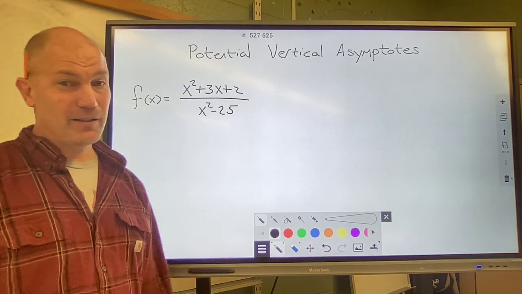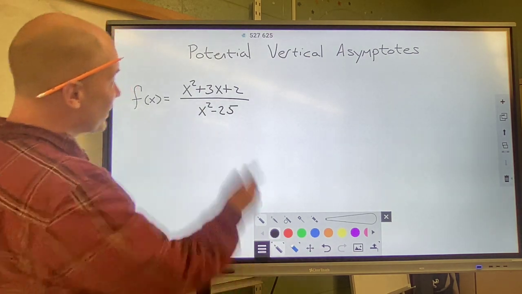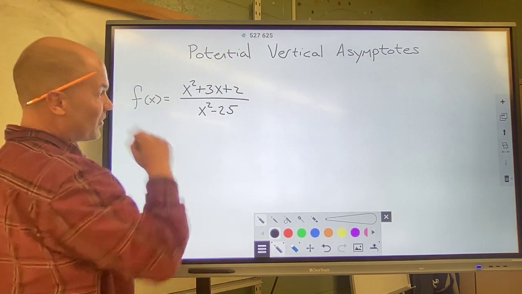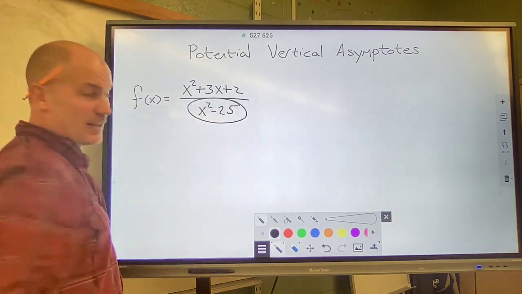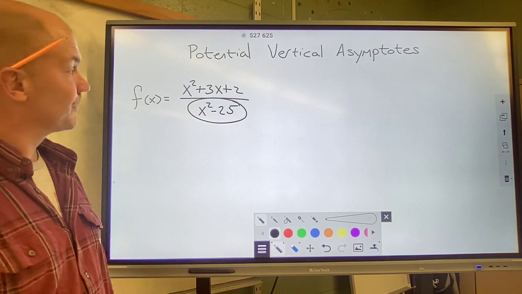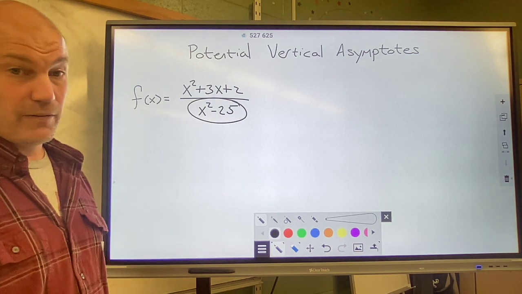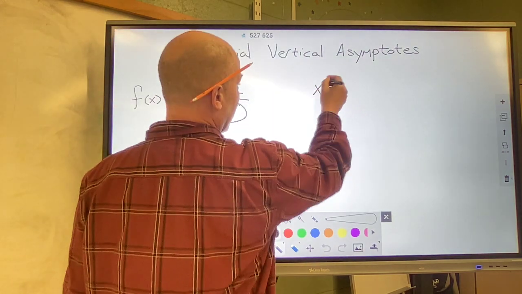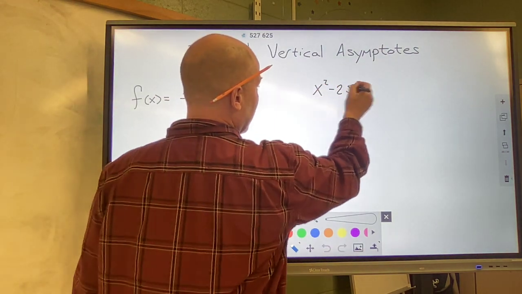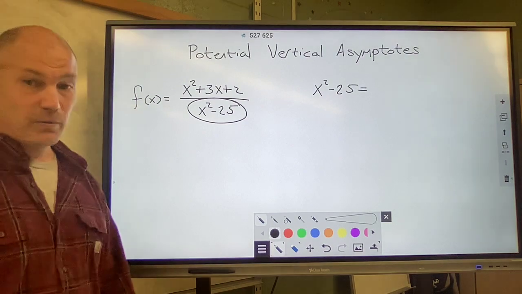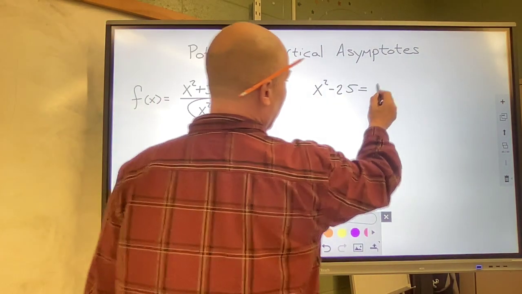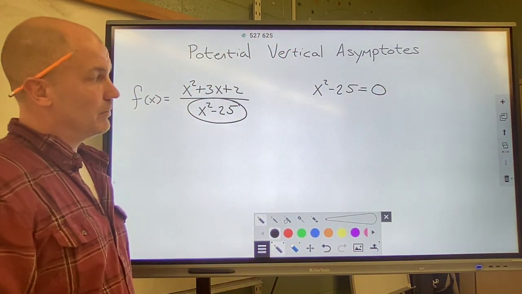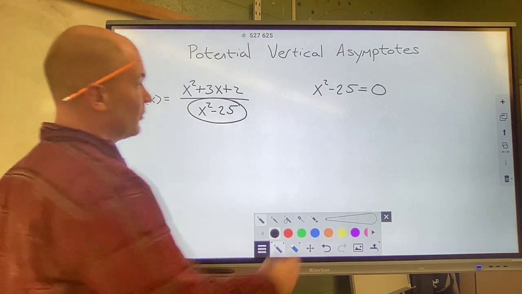So we don't want to divide by zero. So really, when we're trying to find vertical asymptotes, what matters is, does the denominator equal zero? And so we should solve this. There are always a bunch of ways to solve a quadratic, but I noticed that x squared minus 25 is, well, we care about where it equals 0, but I know that it's a difference of two squares, so I'm going to have